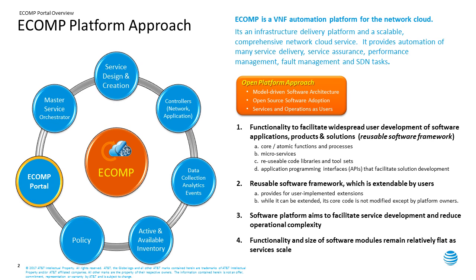The second one is the use of open source software, which accelerates the delivery speed and eliminates the need to reinvent the wheel. It essentially crowdsources the work, bringing in more innovation and more adoption. And the third one is the concept of services and operations as users, which essentially drives the self-service model and